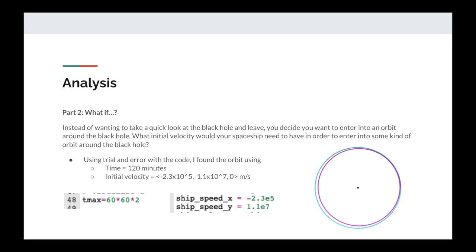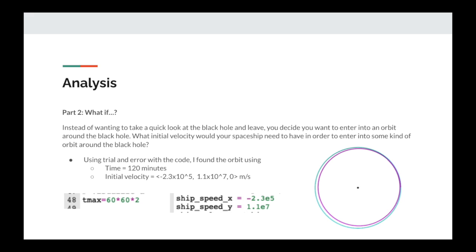Analysis part 2. What if instead of wanting to take a quick look at the black hole and leave, you decide you want to enter into an orbit around the black hole? What initial velocity would your spaceship need to have in order to enter into some kind of orbit around the black hole? Using trial and error with the code and testing out different initial velocities,